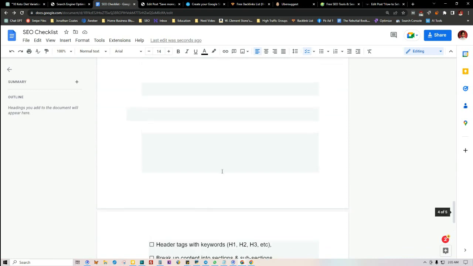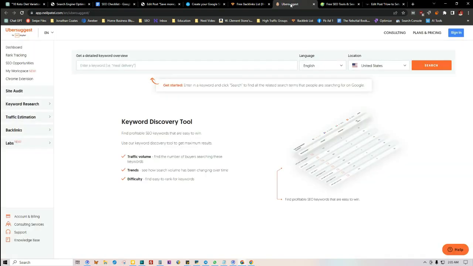And another thing that I want to talk about is a website called Uber Suggest. You can actually come here to get more keywords and key phrases and get more insight into the amount of people that are searching every month for that keyword. So if you put the keyword in here, the free version, you only have about 3 searches a day, but you can sign in here and then you can get more insight into the keywords and key phrases that you're actually using in your search engine optimization efforts. So I'm going to include that in the resource section as well.